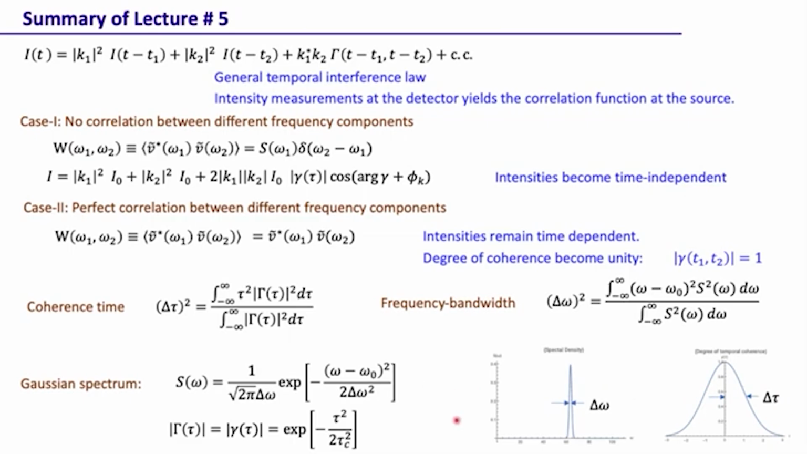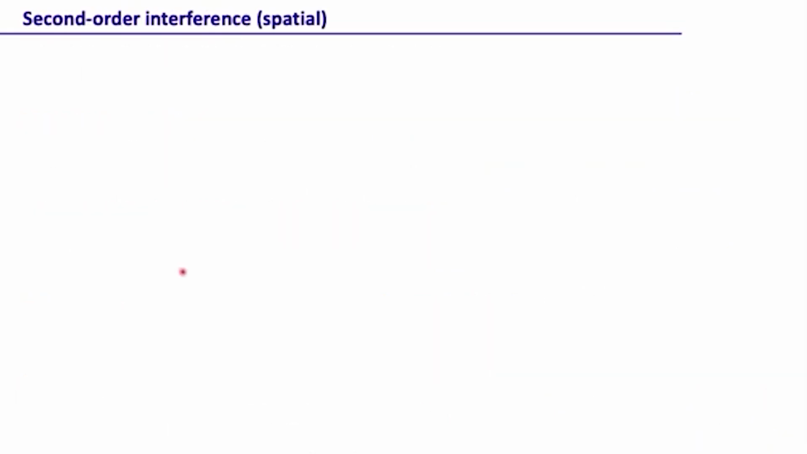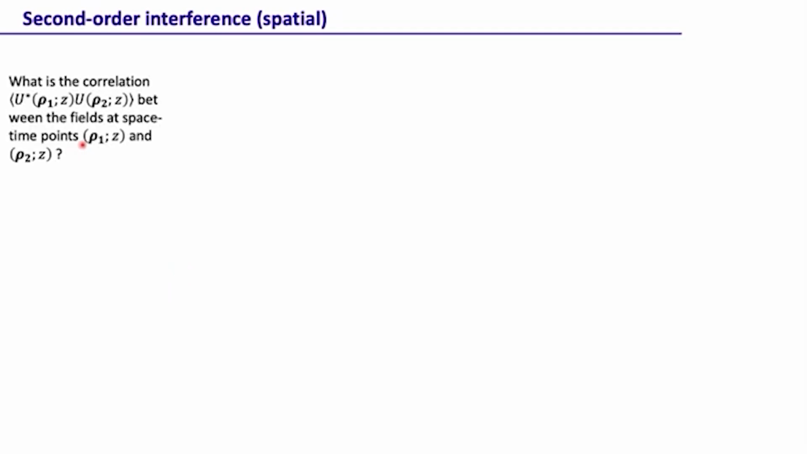So today we are going to discuss the second order coherence, second order interference in the spatial degree of freedom. So the question is very similar. Now the question we ask in this case is, what is the correlation between field points at rho 1 z and rho 2 z? So these are the two different field points,